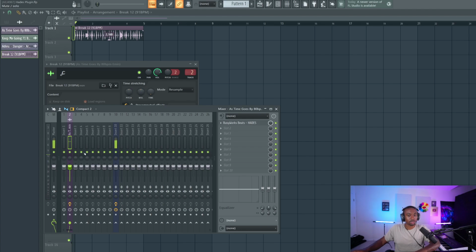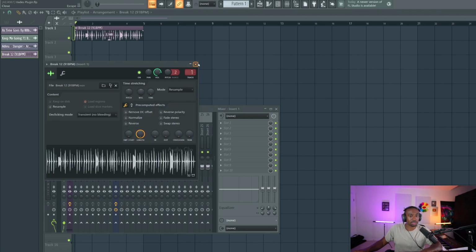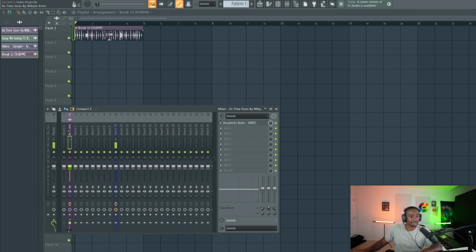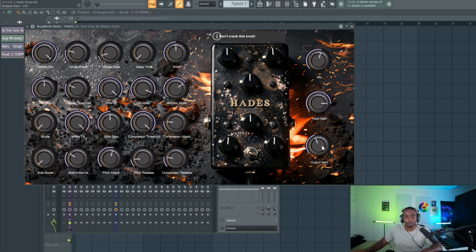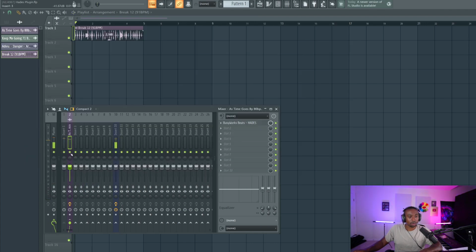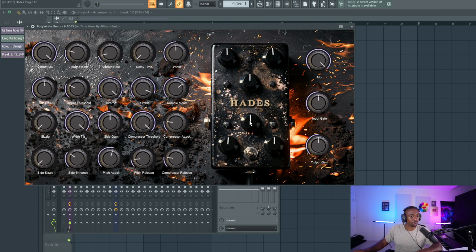So now we have the original, and then let's actually route this to channel 1. We're going to send that as a duplicate over to channel 2. This way we can keep the mix level at 100%. And then now we're just going to monitor the levels here. So what I'm doing is I have the original drum. I'm duplicating it. I'm sending the duplicate over to Hades. We're processing it with heavy distortions, and then we're sending it out.